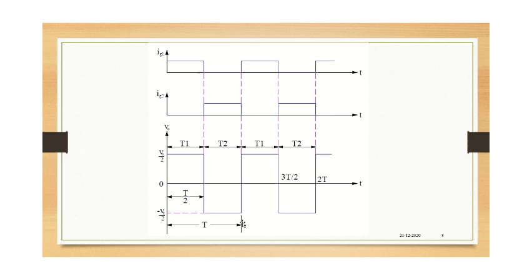It is nothing but the AC square output voltage what you are getting at the load. As I mentioned, this type of AC output voltage can be used for very low or medium power